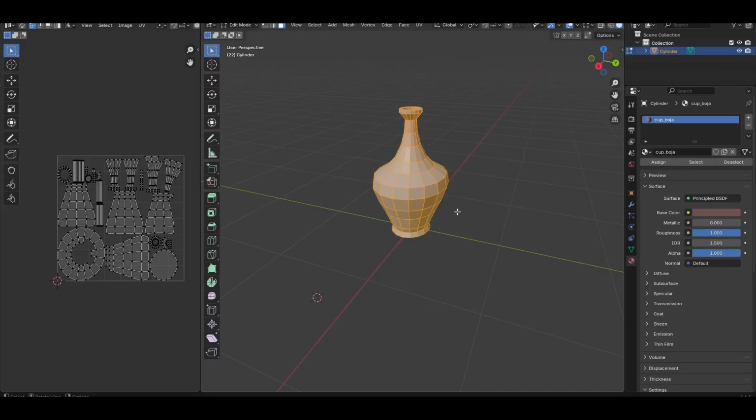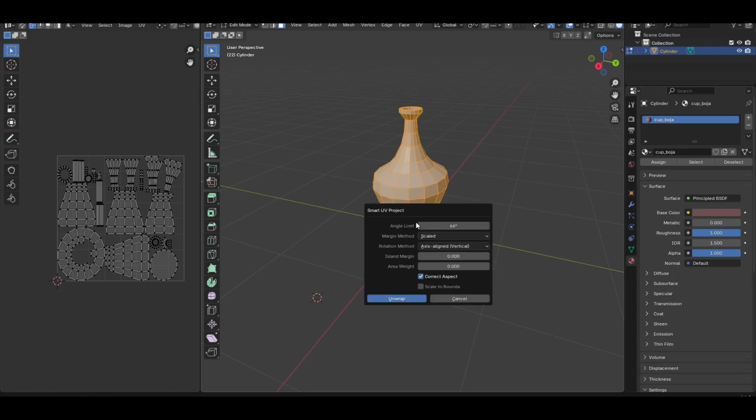This is a model of pottery. I UV unwrapped it. I will give you some tips for UV unwrapping and color bleed, because sometimes in Godot, if you have a background in the image, it can show through the corners, and this is my tip and fix for that. When you UV unwrap with smart project, make sure to use a 0.02 margin,